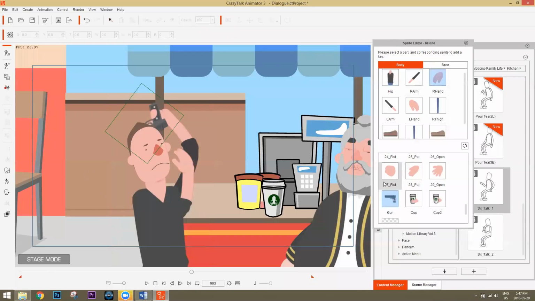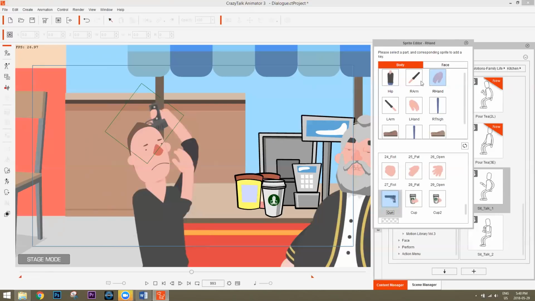There we go. You can see there's a left hand with a gun, a left hand with a cup, and a cup facing this way, okay? I created two of them. And the gun is right here. Now, you can change this to a fist or a pad or whatever. Now, the way that you create the custom sprite, I'll show you how to do that, and you just switch it out, basically.